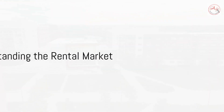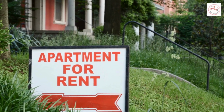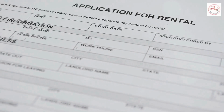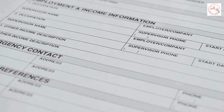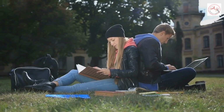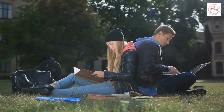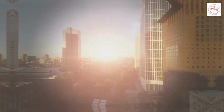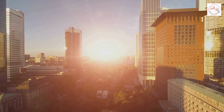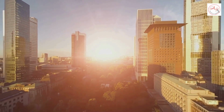Lastly, it's vital to understand the local rental market. Knowing what kind of tenants are in demand and what they're willing to pay in rent can greatly influence your investment decision. For example, if you're buying in a university town, a property that's suitable for students might be a good bet. To summarize, spotting a good investment property involves assessing its cash flow potential, location, condition, appreciation potential, and